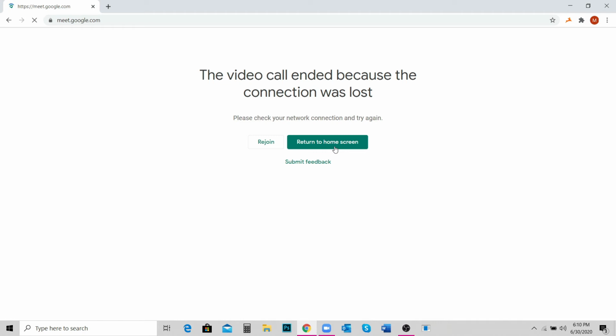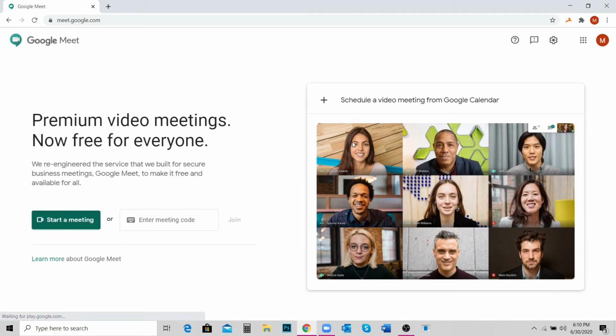But you can use this in your meeting if the meeting is not important, or it is not needed to be secured. You can use this for online class, or to talk to your friends, because the Google app doesn't have passwords